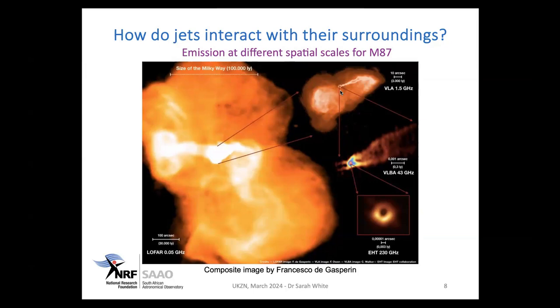And then we can go to higher resolution still if we make use of very long baseline interferometry. So that gives us this image shown here with the VLBA. And as you may remember from a few years ago, we had the very first observation of an accretion disk surrounding a supermassive black hole, and that was from the Event Horizon Telescope. So this gives you kind of an overview of how we can link our understanding of the physics around a supermassive black hole to how those jets interact with their surroundings and influence possibly the star formation in their host